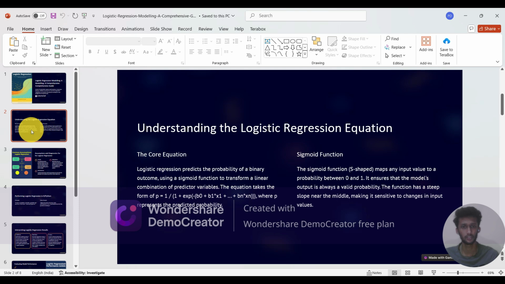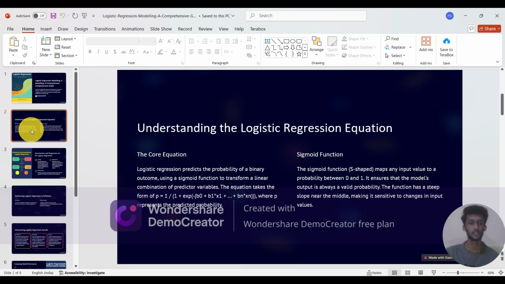Understanding the logistic regression equation. The core equation. Logistic regression predicts the probability of a binary outcome using a sigmoid function to transform a linear combination of predictor variables. The equation takes the form you can see in the PPT, where P represents the